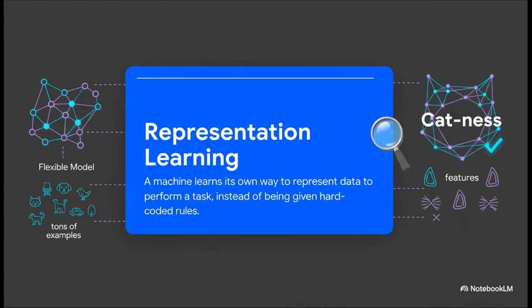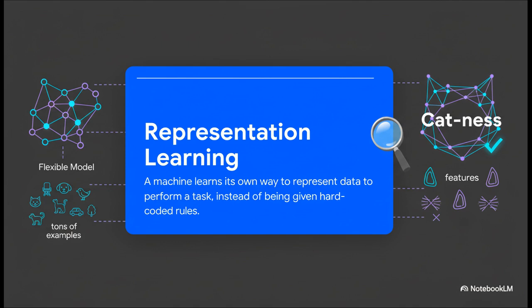You know, for decades, the main strategy for AI was building these giant knowledge bases. Basically, programmers would try to hand code every possible rule about the world, like, if a thing has pointy ears and whiskers, then it might be a cat. But this was just so brittle, it could never keep up with the real world.